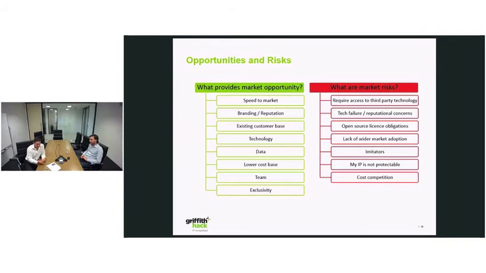Is it that that's going to help you to win? Is the tech that you're building going to be so great that everybody's just got to have it? Is it data and the information that you've got that's going to allow you to really exploit that market opportunity? What are the market risks as well? Are you moving into a space where there's a lot of existing technology already out there that you're either going to come very close to or that you're going to need access to?